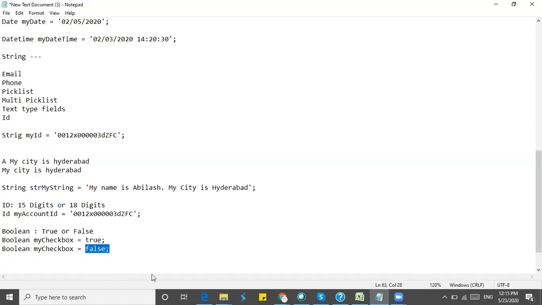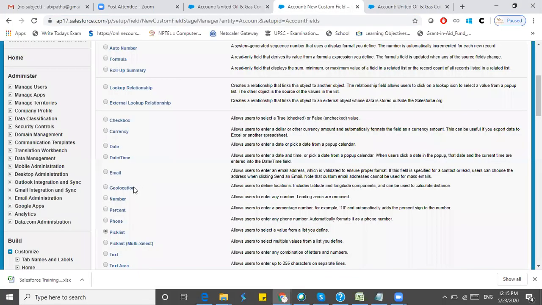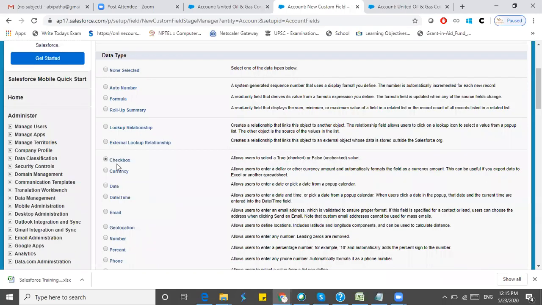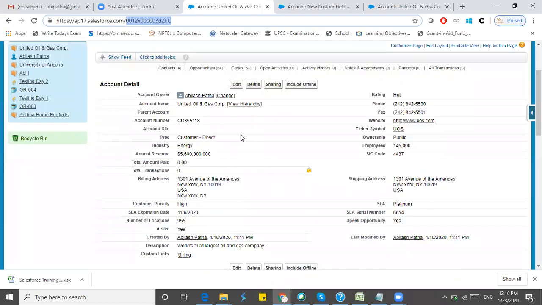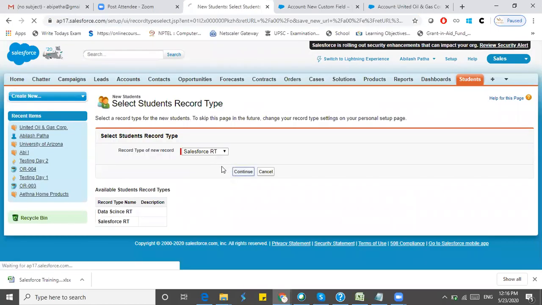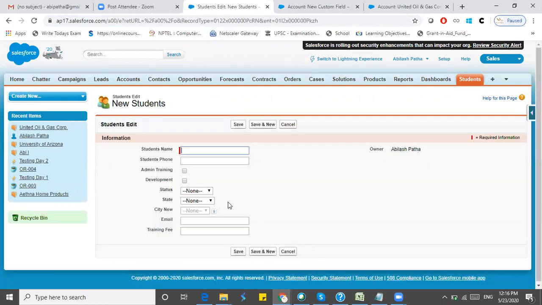When coming to the fields, we have something called a checkbox. The checkbox will be used as Boolean. If the checkbox is checked, then the value of the checkbox is true.